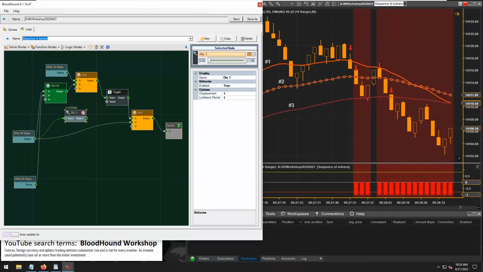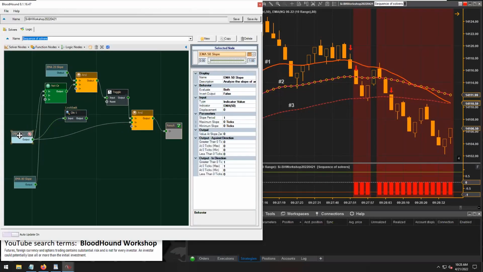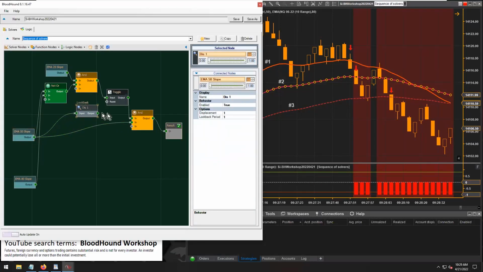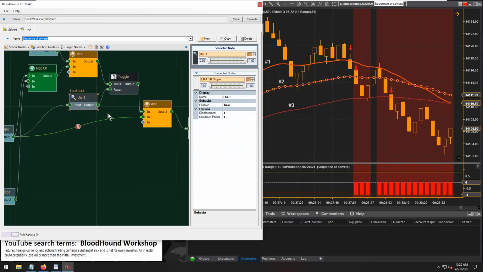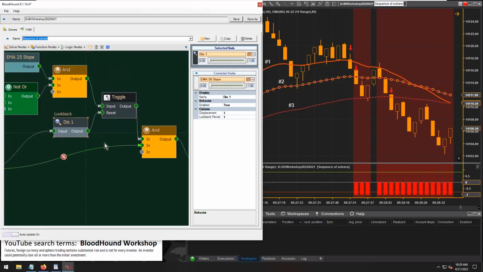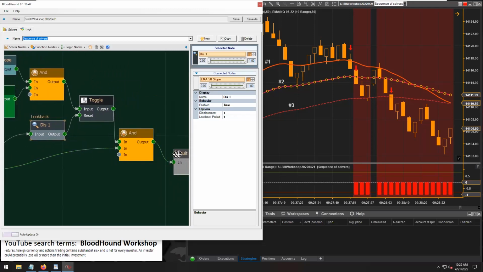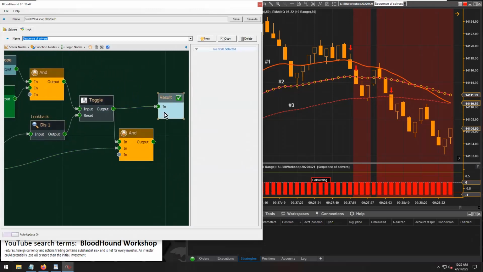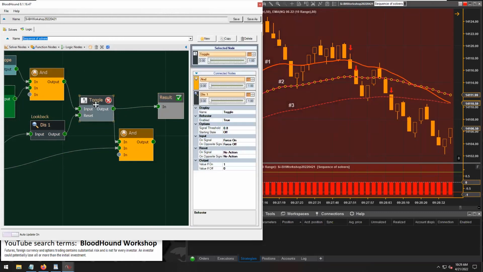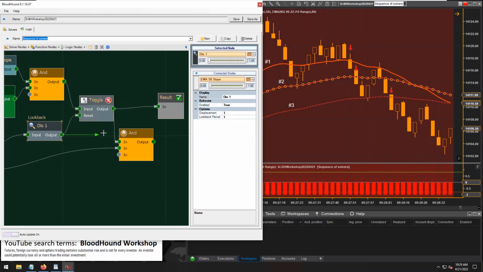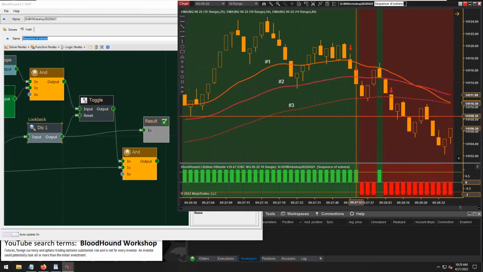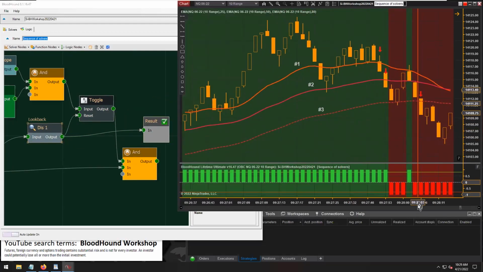And so if we put our second solver into the look back, then the look back goes to the reset there. So now, if we look at our toggle node, oh, sorry, okay, we need to go set up the reset section here for our toggle node. So, this look back, right? Let's take a look at the look back here. So what we want to focus on